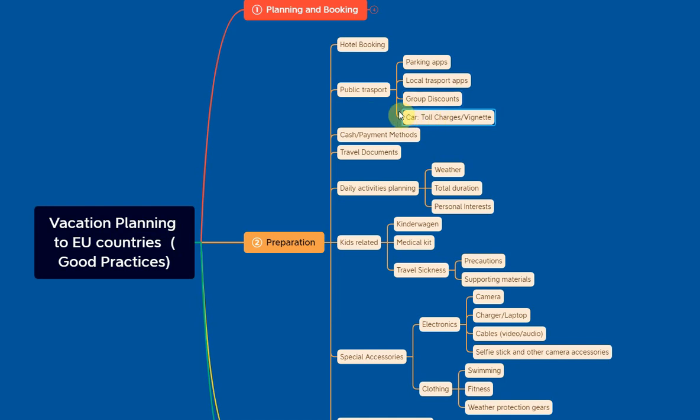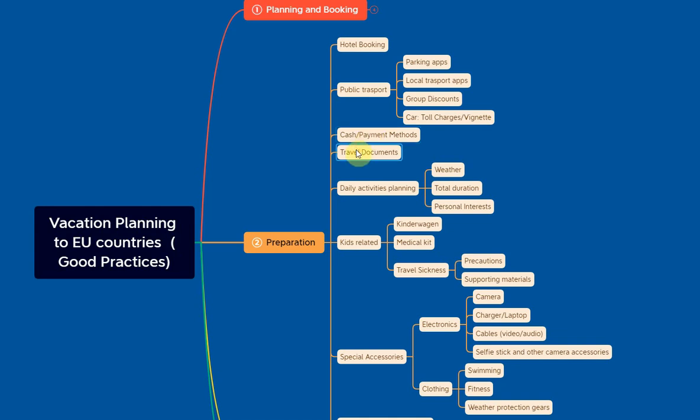Third topic is cash payment methods. Be aware of the local payment possibilities. Having enough cash in hand is definitely the safest way. However, some countries are more electronic-payment friendly, and some are not. Knowing this in advance is important, especially for bigger payments like your accommodation, because you cannot carry a lot of cash in hand. This is sometimes very important and can create problems if you are not prepared well.